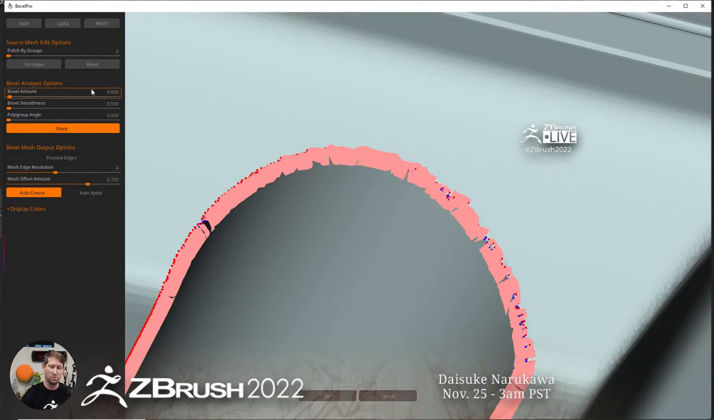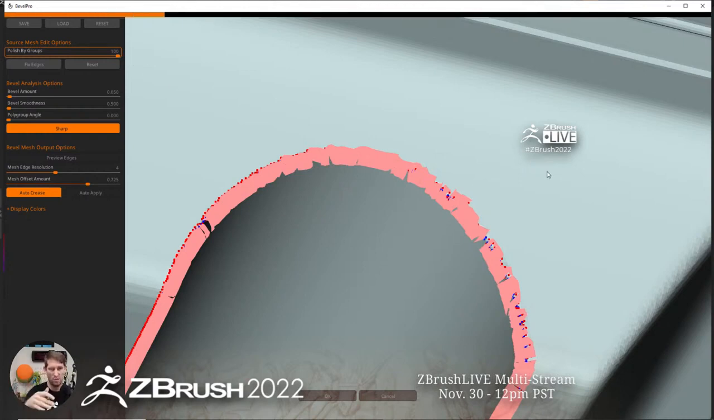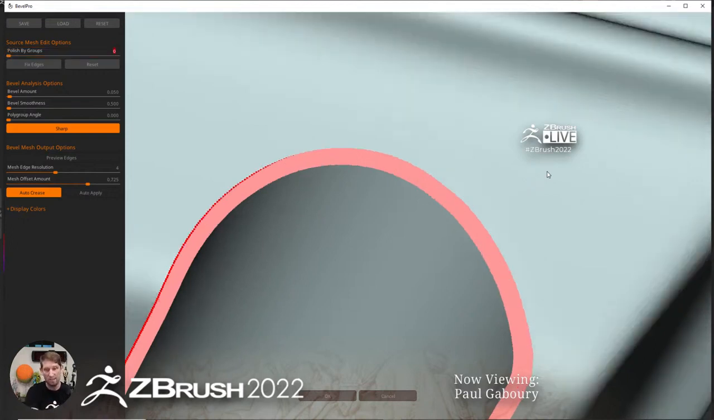So what we've done is take what's inside of ZBrush, which is Polish by Groups. I'm just going to polish this off, to create a nice little polish here on the surface. And you can see what this is doing is recalculating and figuring out, okay, you want me to polish this surface inside Bevel Pro and then still give you a beveling surface. So